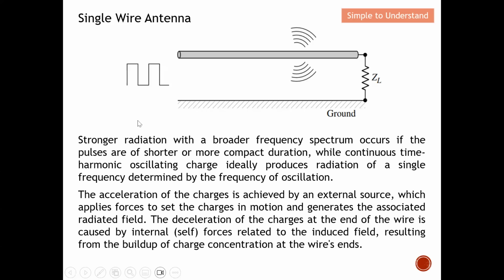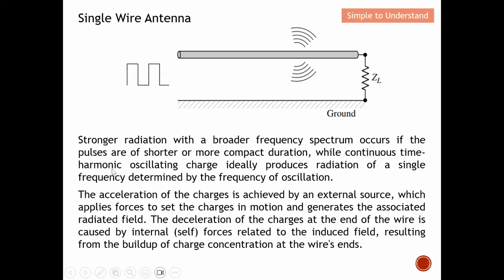Next, the stronger radiation with a broader frequency spectrum. This means a stronger radiation, which means a stronger EM wave. Also a broader frequency spectrum, a higher bandwidth, actually occurs if the pulse is of shorter or more compact duration. I don't have an example here, but imagine the pulse is much narrower, and you have more pulses. So when you have a shorter or more compact pulse,